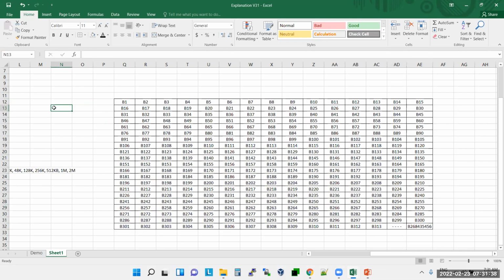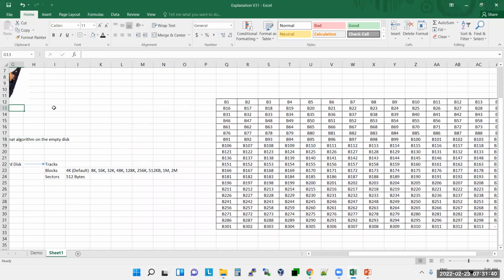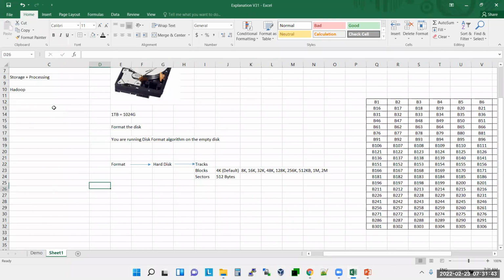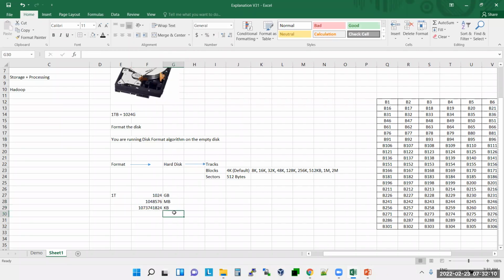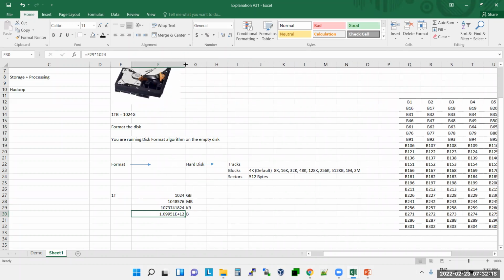So 1 TB, how many 4 KB pieces do I have? 1 TB equals 1024 GB. Then how much MB? This into 1024 is this much MB. Then how much KB? This much KB. How much bytes? 1 TB equals these many bytes.